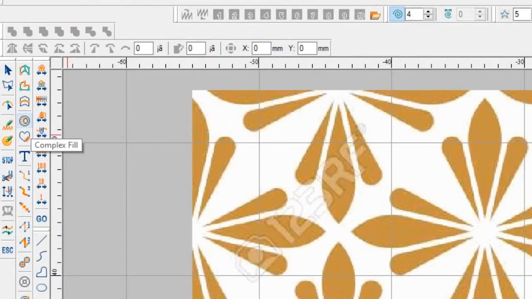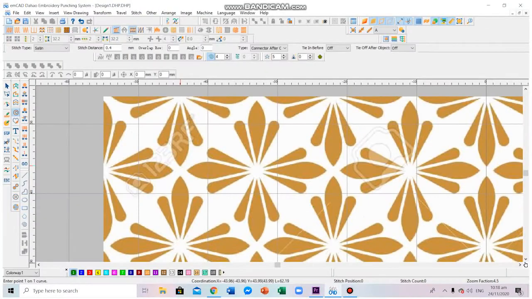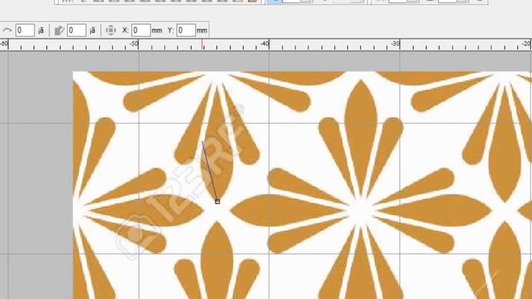Now, let's start tracing the pattern that we've chosen. In this tutorial, we are going to use 2 tools for tracing a pattern. First is the complex fill. The complex filling is a special input method for inputting the closed area of filling. After inputting the basic outline, the user can press enter to skip the input, and then the system will initialize the object according to the default settings. After pressing enter to finish the input of the first outline, the user can press enter to start the input operation